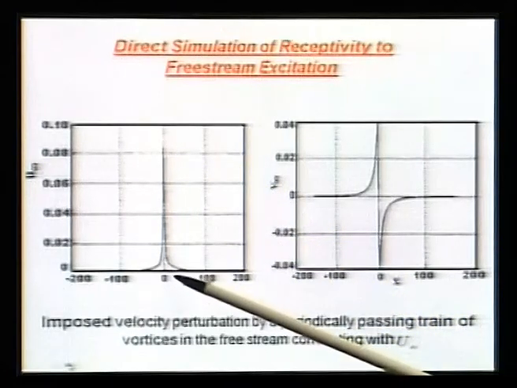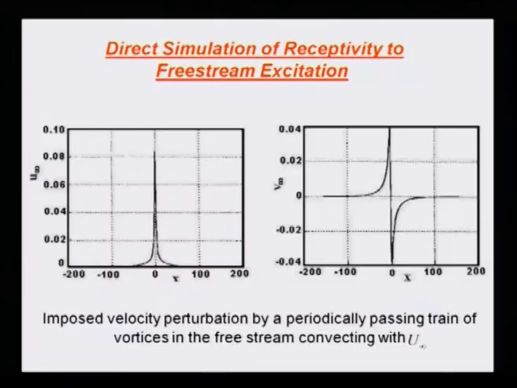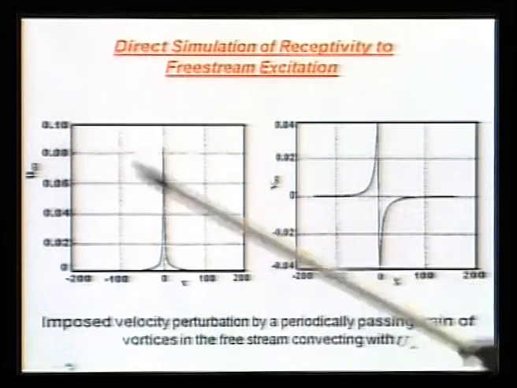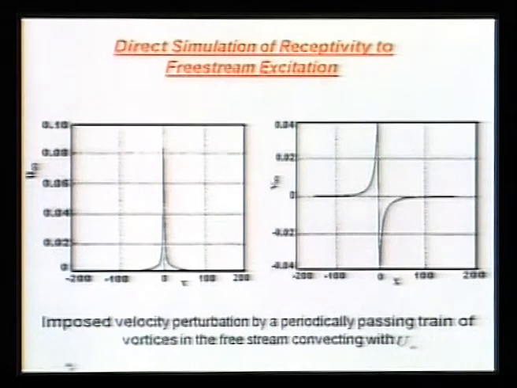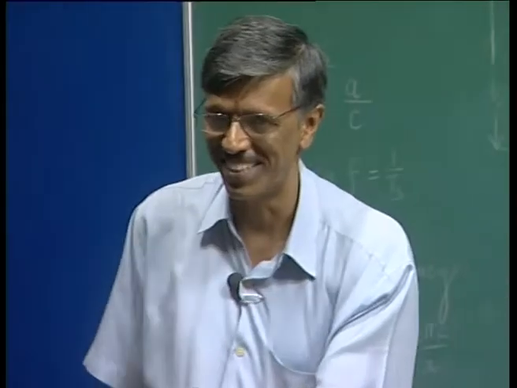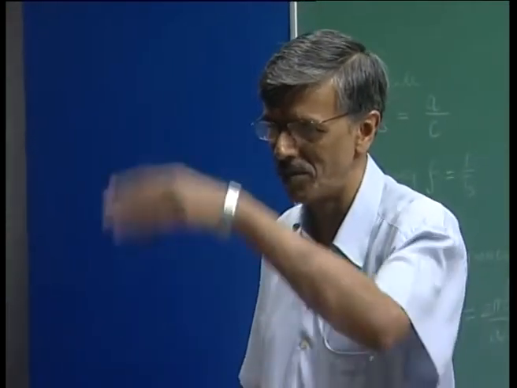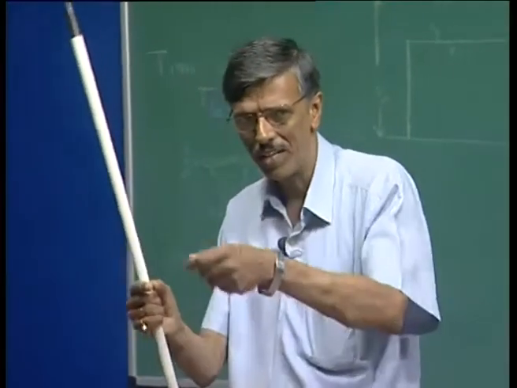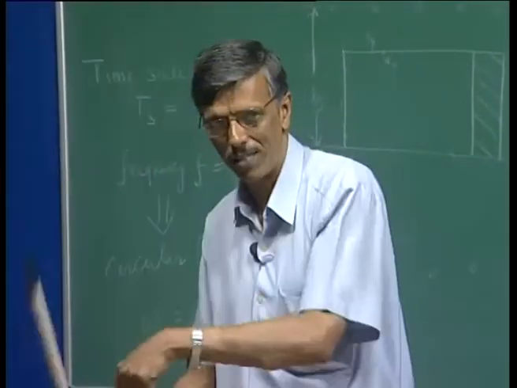Immediately under the vortex, I am going to get the maximum, because that is the smallest, shortest distance, right? So that's what I get, this peak. And you see, this is roughly about 0.08 for the height we are talking about. What happens to the v infinity part? V infinity actually flips sign. On the left hand side, I would have a positive. On the right hand side, it will be negative, right? Because it's rotating. So one side it's going up, the other side is going down.